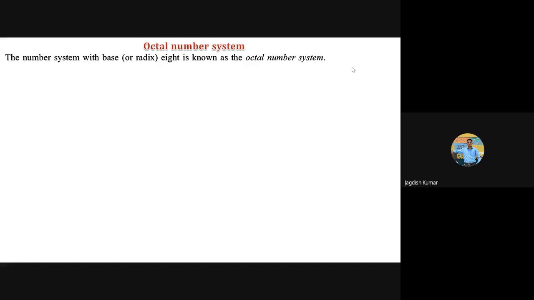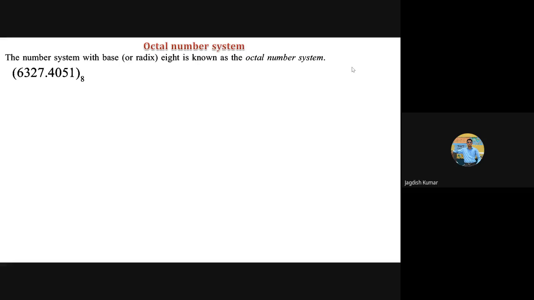Now, the whole theory for the octal number system is similar to that of our binary or decimal number system. The general formalism we also discussed in our beginning lecture. So today we will directly use some examples to understand the octal number system. In the octal number system, everything is the same. There is a weight for a specific position. There is something called a radix point. You have an integer part, you have a fractional part, and so on. And the base here is going to be 8.